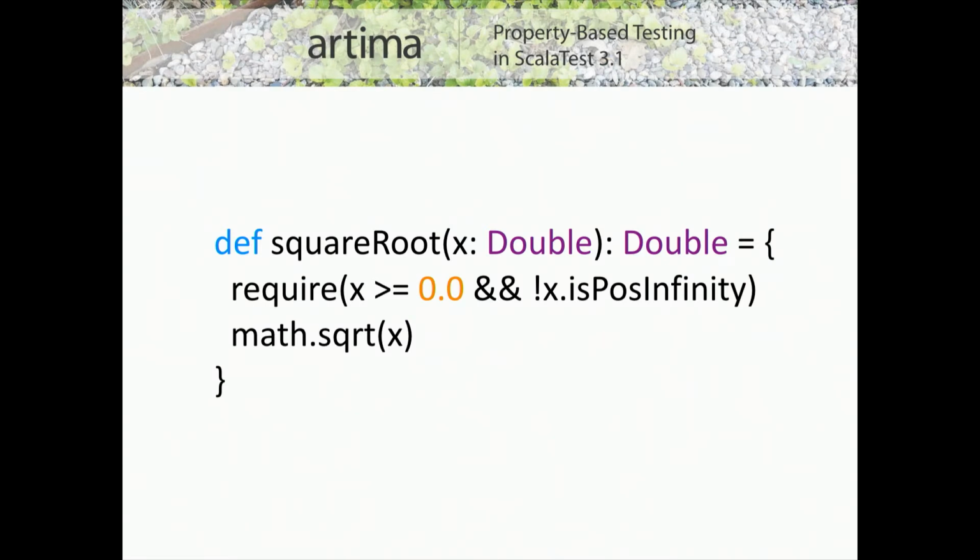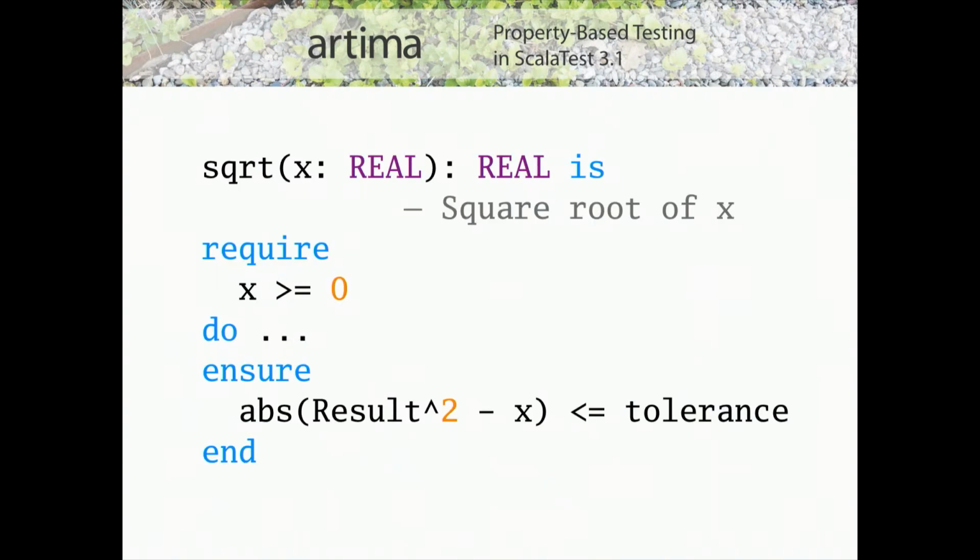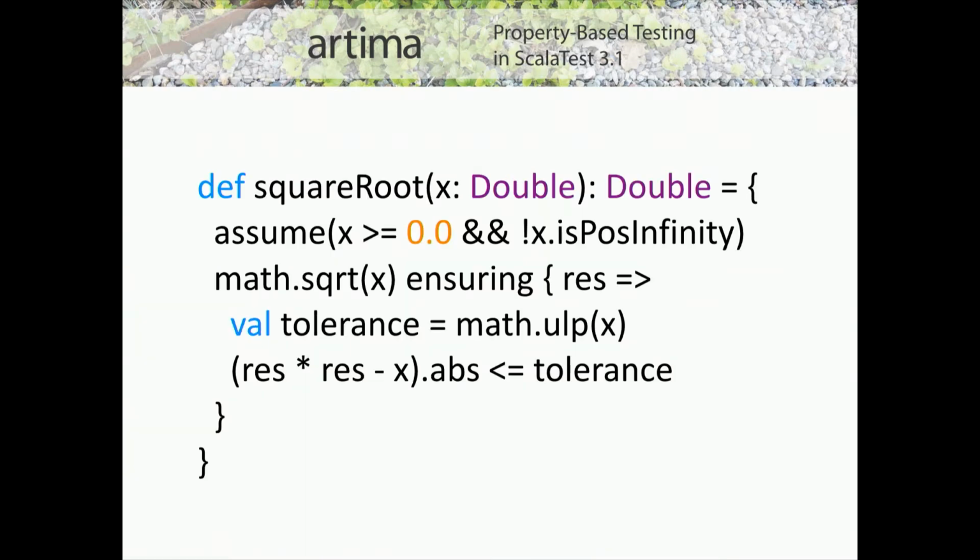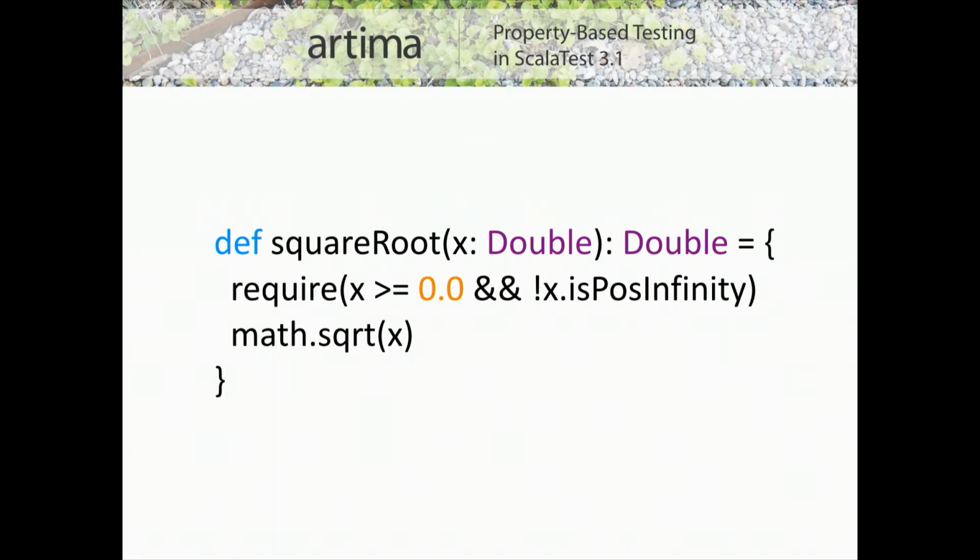One of the things that Eiffel did was it made very fine-grained ways to turn on and off assertions. So the idea was, if I go back to the Eiffel code here, I write all this, but I don't necessarily want to run that all the time. It may be slow, especially in those days. This is 20 years ago or whatever. So by default, what is enabled is just the require clauses. Those are run by default, and then the default is the ensuring clauses are not run. So you would enable them for development and testing, and then you turn them off. So what the Java people settled on is we're going to have these require precondition checks baked in,